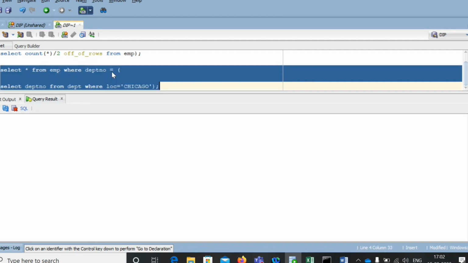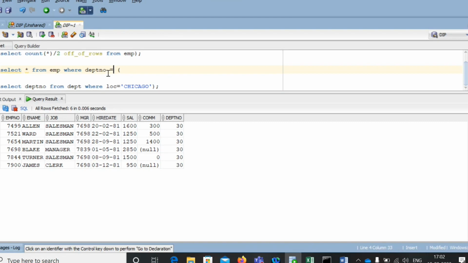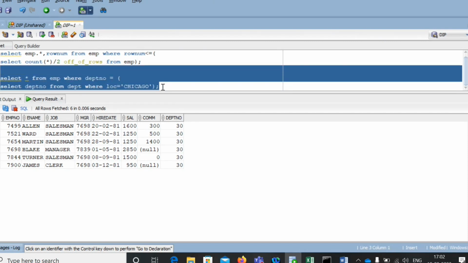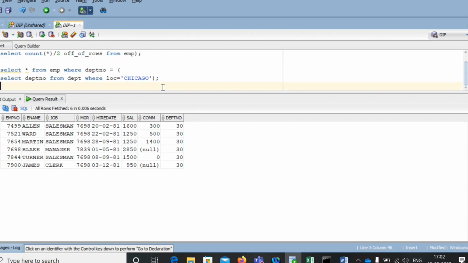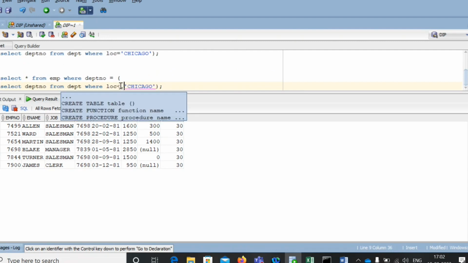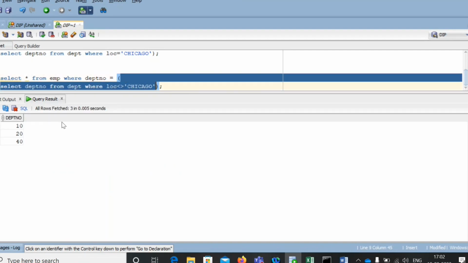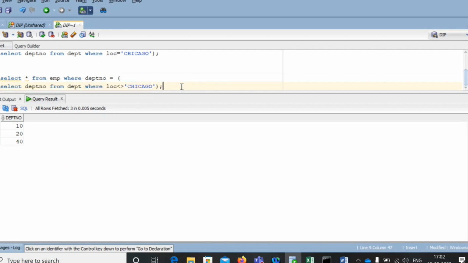So now you are getting this if we are using equal to or in, right? Now if I have another department also, or I'm simply saying not equals to Chicago, what will happen now? We will get multiple department numbers: 10, 20, 40. If I use equal to,